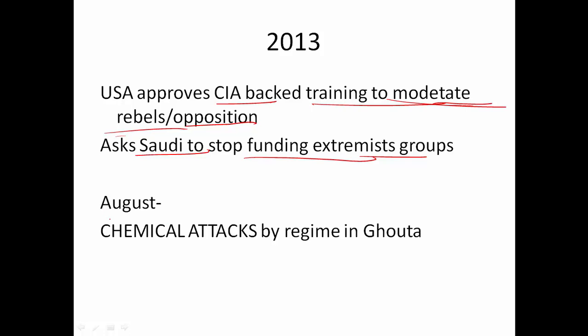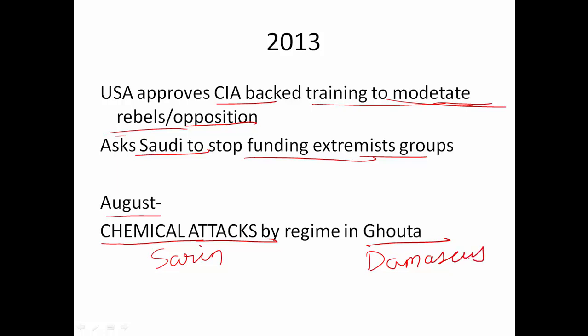In August 2013, something very important took place. It is called a watershed moment in the civil war. For the first time, the Syrian government used sarin gas, and chemical attacks using sarin gas took place in the areas of Ghouta, a suburb of Damascus. Here more than 700 people were killed in just one day in this attack. Sarin gas is a neurotoxin,